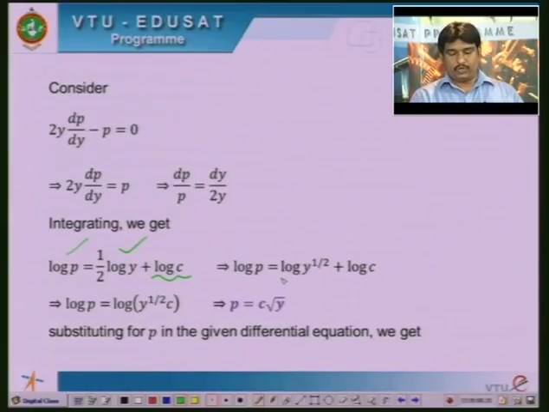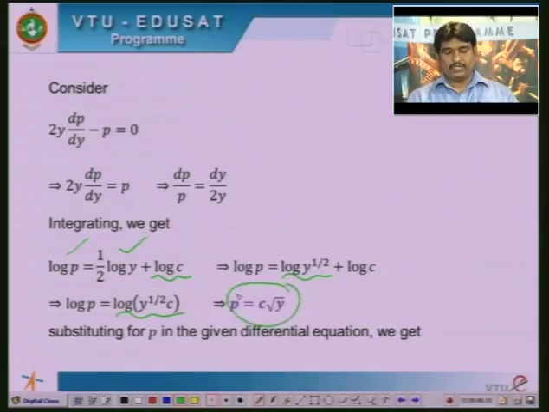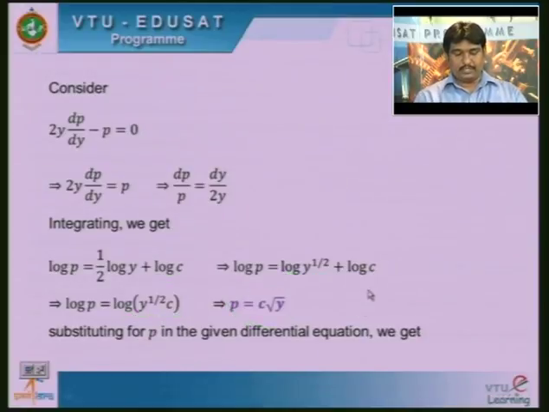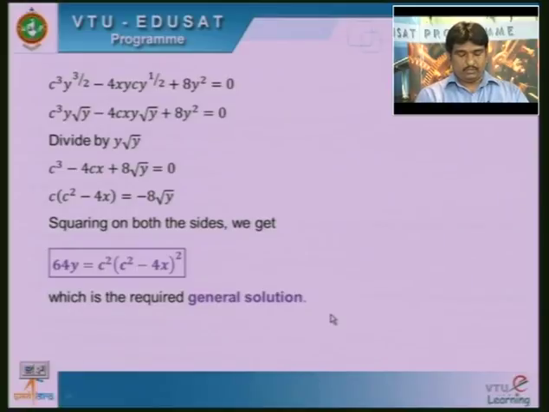Use properties of logarithms and write half log y as log of y to the power of half, and again club these two to get log of y to the power of half into c. So p equals c root y. So we have determined an expression for p. Now we have to eliminate this p from this equation and from the given differential equation. Substitute this p in the given differential equation. We get